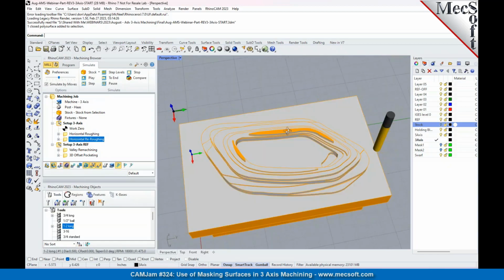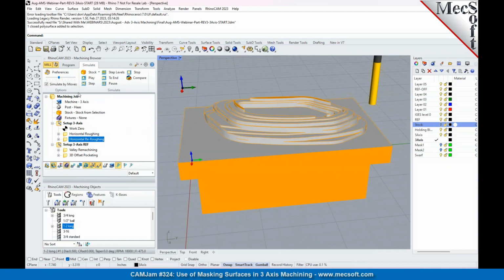So it got some more material up there. We'll run with that. Okay, so our next